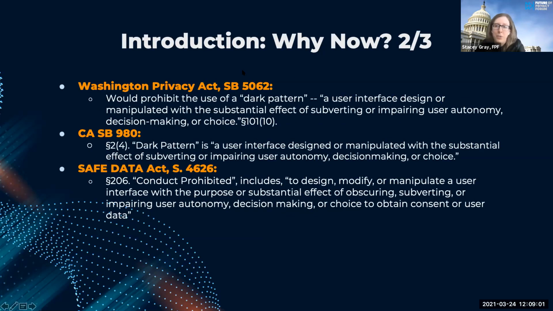Another significant factor in the last few years has been the increase in legislative proposals that also explicitly define or create requirements around dark patterns. So here are just a few. These are not laws that have passed or become law yet, but are just legislative proposals. So the Washington Privacy Act in the state of Washington, which is pending right now before the Washington state legislature, would completely prohibit the use of a dark pattern in that bill's requirement of affirmative consent for the collection or use of sensitive data. You see it similarly show up in sectoral state bills.